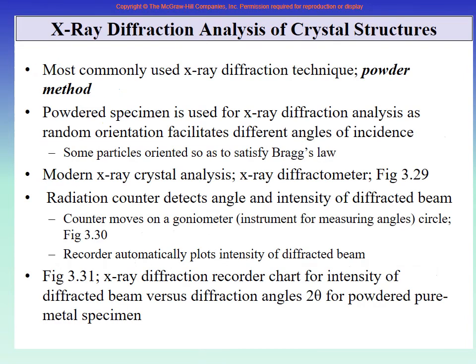Let us continue. Now the detail of the method: we are saying that we use the powder method. Powder method means whatever material there is, the sample that we will use for the X-ray diffraction, we will prepare from the powder of the metal. The equation that you had earlier is called Bragg's law. We have done this equation earlier also in the theory of light. So the equation lambda equals 2d sine theta is Bragg's law.